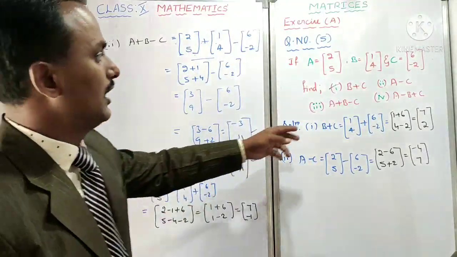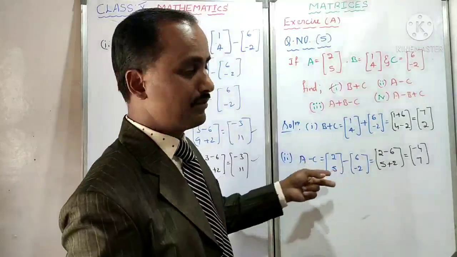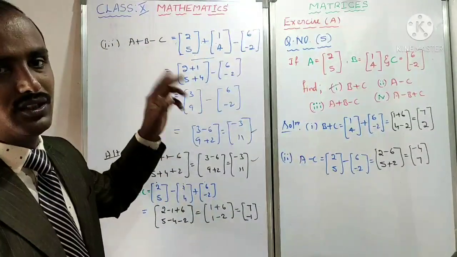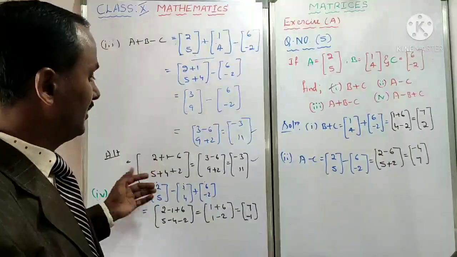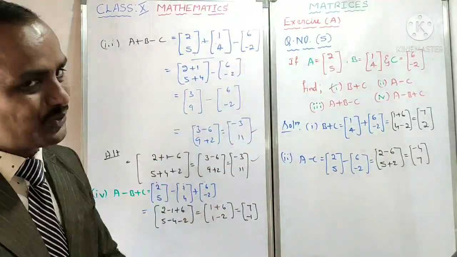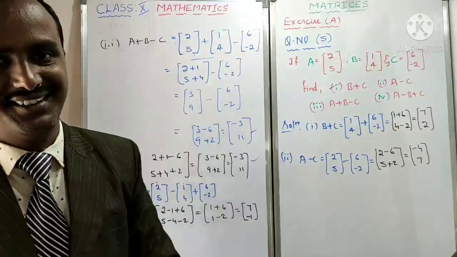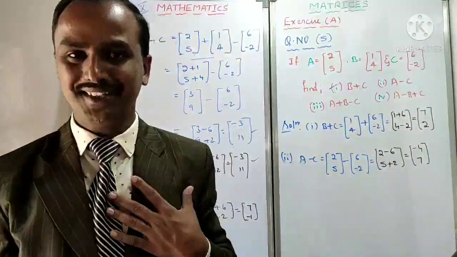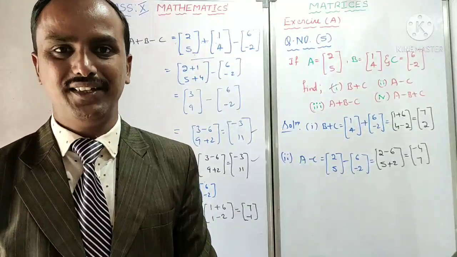See, easy. Addition and subtraction of two matrices is easy, but with three matrices, more than 2, it becomes confusing. You will get the wrong answer. Don't use your own method. You should use our method, the matrices method, not my method, your method. Okay, I'll go to the next main.